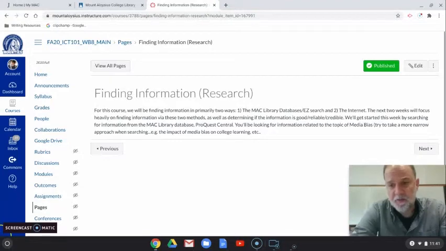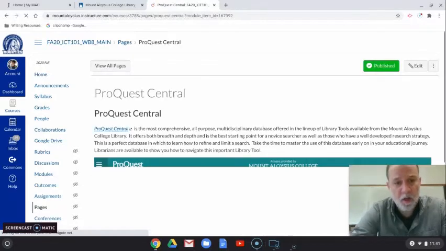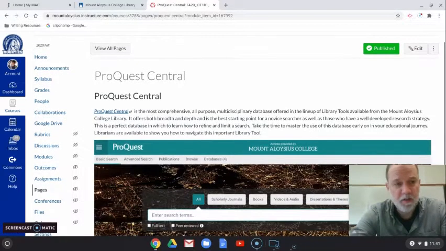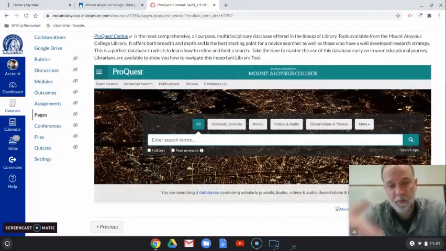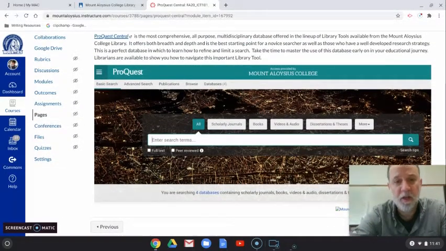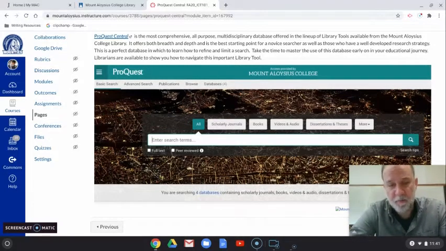there's just a little brief summary about what we're going to do here during this week. Particularly, we are going to use the ProQuest Central database. And the ProQuest Central database is here, and there's a screenshot of it, so you'll be able to recognize what it looks like when you go out to the link. It's a pretty basic page right from the entry page into the database, where you're by default selected on the All